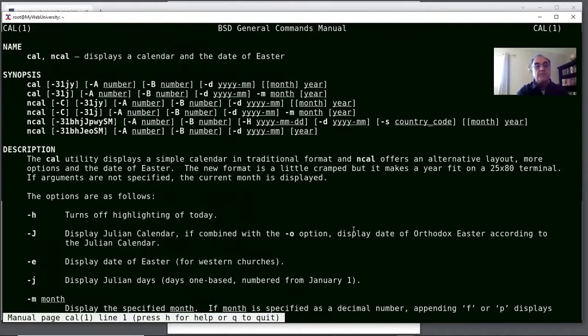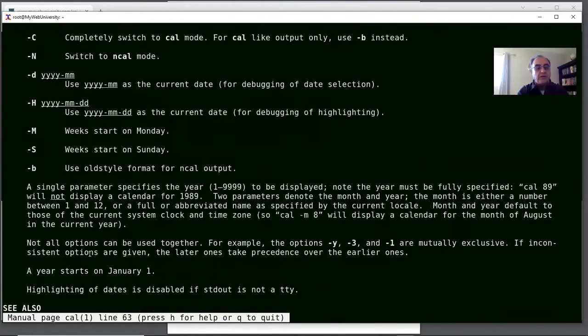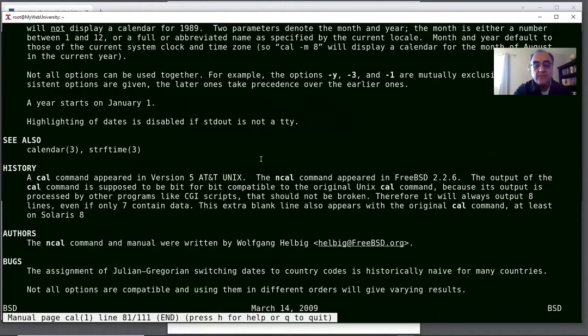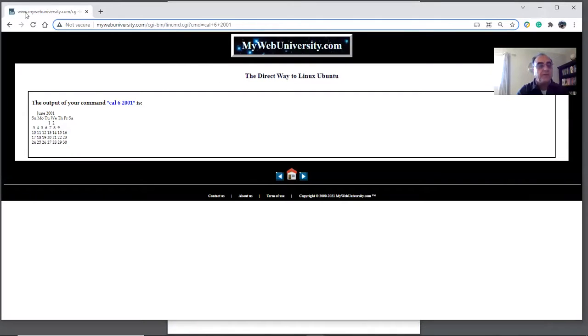So I'm going to just do a man on calendar. You can see the output. There's a lot of options here. You can just display whatever information that you want, and then like date of Easter and so on, Julian, and other options that are there. So all you have to do is get into a terminal and type in the commands. Let's go to the next command, which is